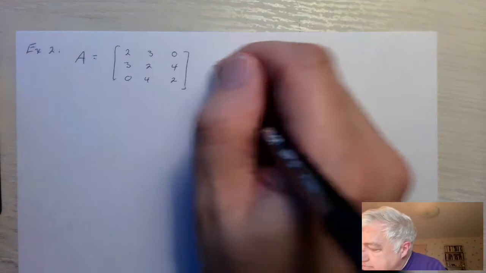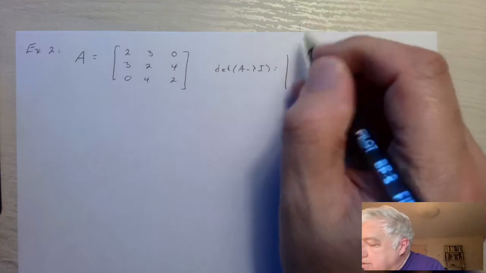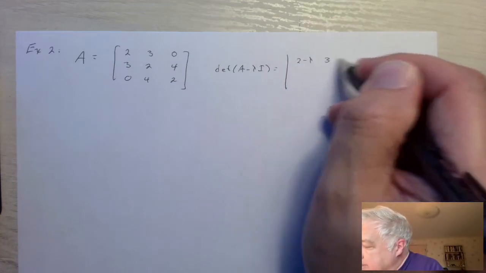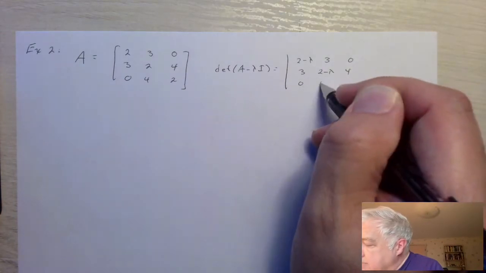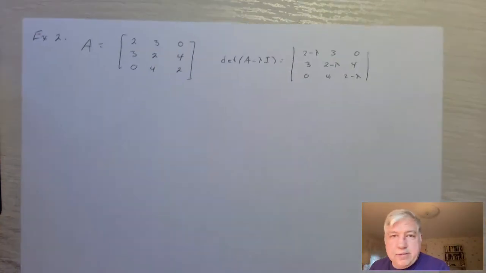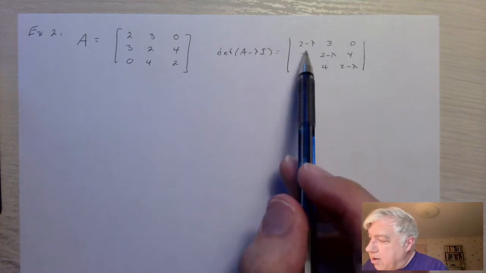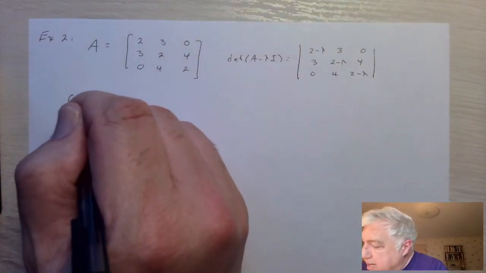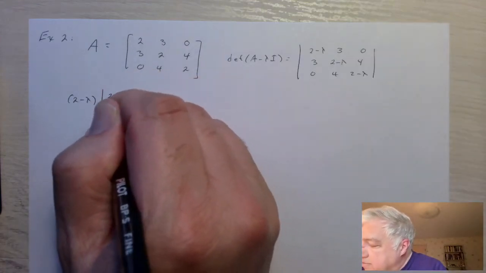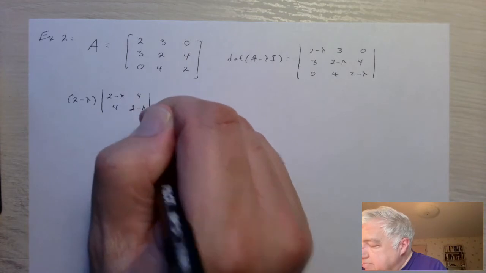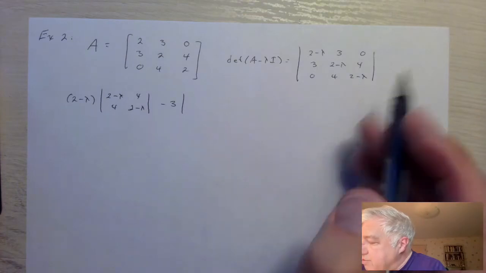The determinant of A minus lambda I is the determinant of the matrix with rows (2 minus lambda, 3, 0), (3, 2 minus lambda, 4), and (0, 4, 2 minus lambda). This is a slightly harder determinant to take, but not too much. We can expand along the top row, and we'll get 2 minus lambda times the determinant of (2 minus lambda, 4; 4, 2 minus lambda),